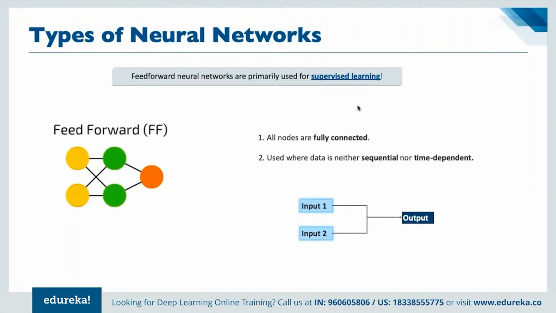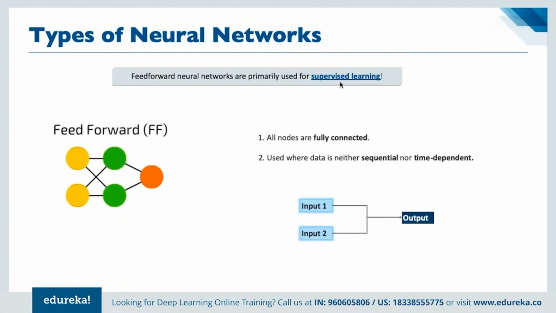And basically, when we are going for supervised learning, we use a feed-forward network. When we talk about supervised learning, that means we are training the system based on data, right? For example, if we are training a system: what is 2 plus 2? 4. What is 7 plus 5? 12. What is 9 plus 2? It is 11, right? And then if it sees a problem asking what is 19 plus 37, it can simply predict the output because we have already trained it on the basis of data, as a part of supervised learning, right?